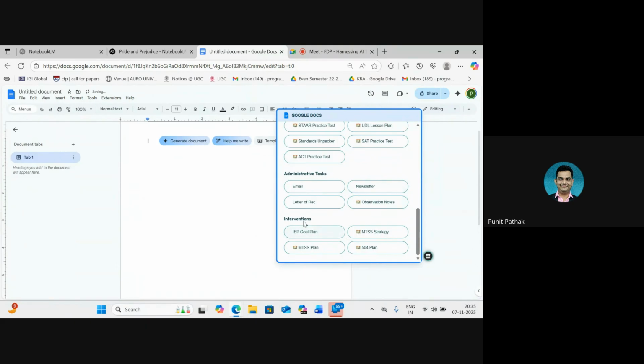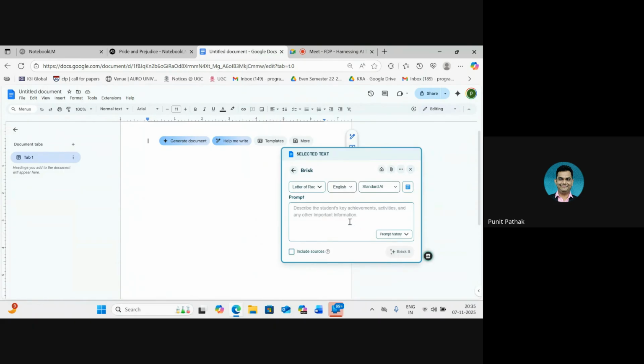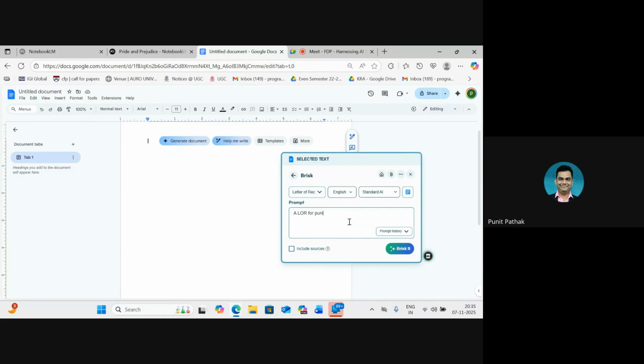And what we do is we come to the administrative tasks section. I really like its format of letter of recommendation that it gives. Again, any language it can give in, and whatever we want in a LOR, I can simply just describe it. And on the basis of the description, let's say with the name of the student, LOR for Pathak to apply at